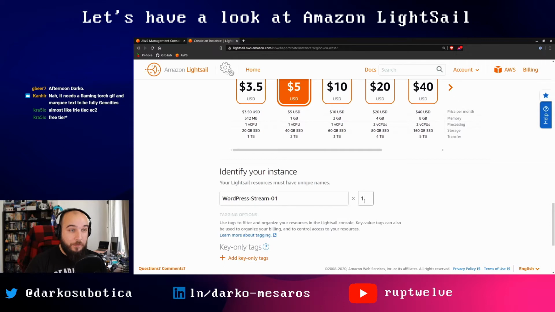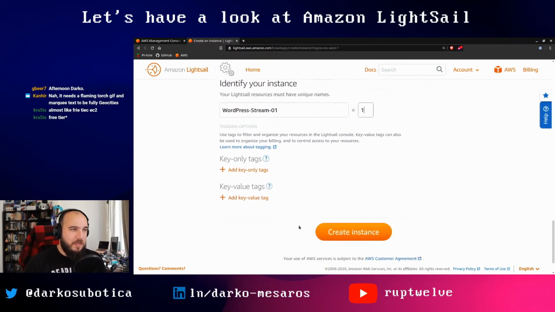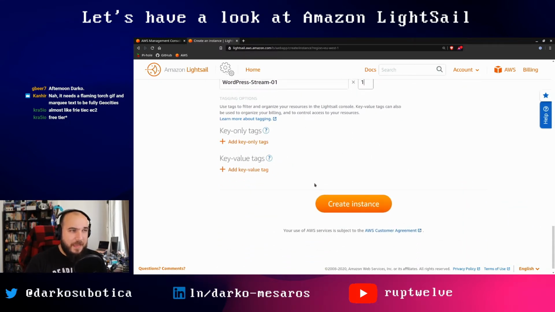You can launch multiple instances of this type, so I can do like 5 of them, but I'm just gonna do 1. Launching 5 WordPress instances of the same configuration is, in my opinion, a bit worthless unless they're configured to use external databases and a load balanced approach. This is just having multiple of the same thing. You can do some key tagging, but I'm just going to completely ignore that